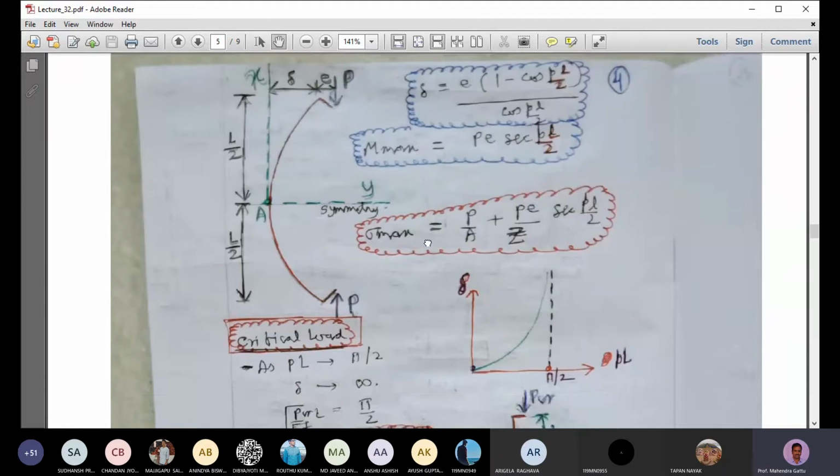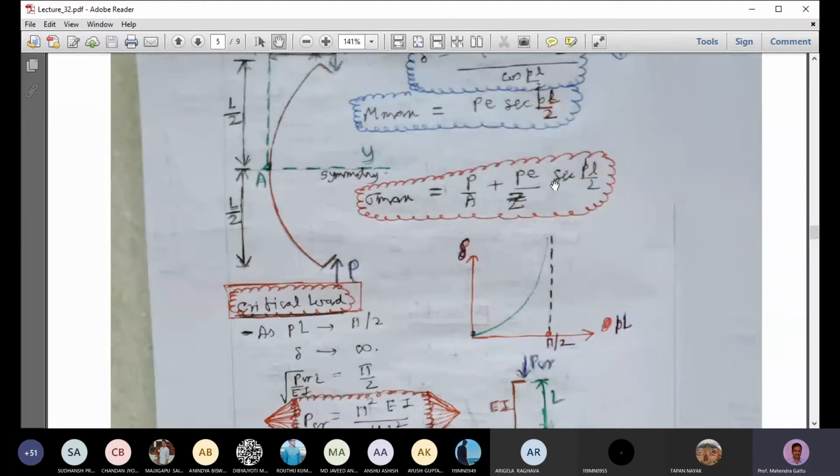I don't want to go through this in detail, because the maximum stress will be the combination of compressive stress and the applied bending moment into y by I. The applied moment is M, and we replace I by y with Z. The y at the extreme ends will be h by 2, and from there we get this expression. I'll not go through it in detail, because that is a combined bending and axial load problem, but I have just written it.